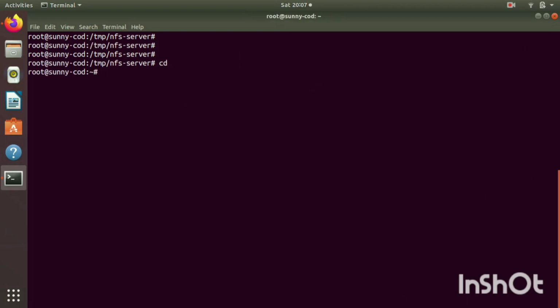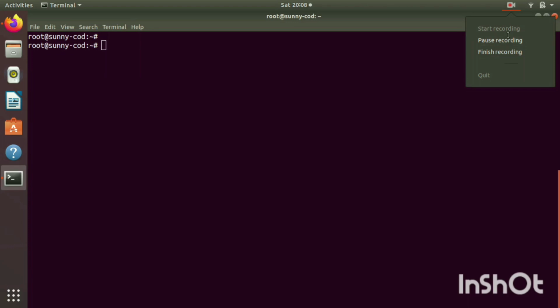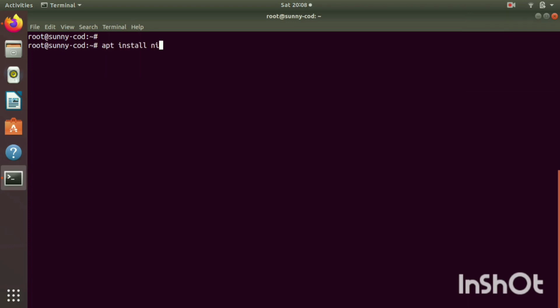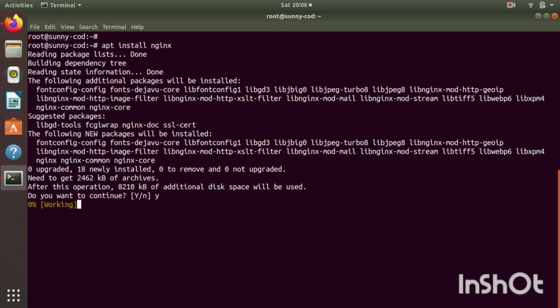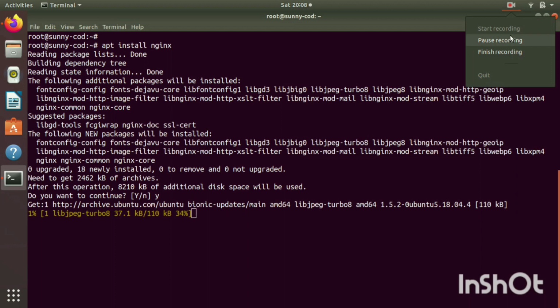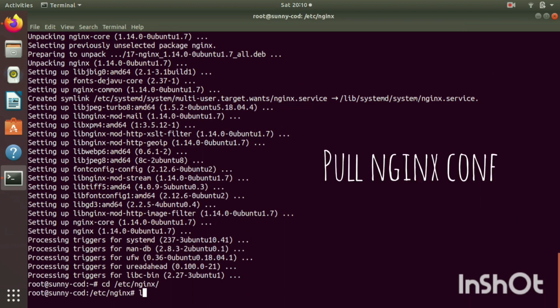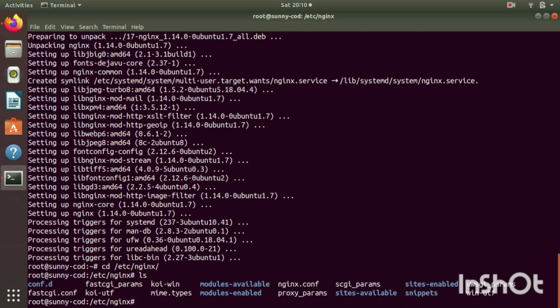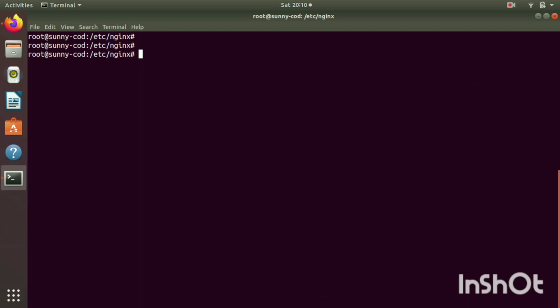One use case of pulling a file from a container is that whenever I write a role for some specific tool, in this case Nginx, I first install Nginx, which pulls in all the configuration files, and I pull this configuration file from the container to outside so that I can use it in templates of my Ansible. So pulling is like you're copying it out. You have something in your container and you want it out of the container.